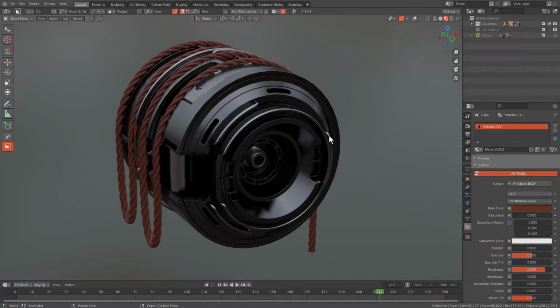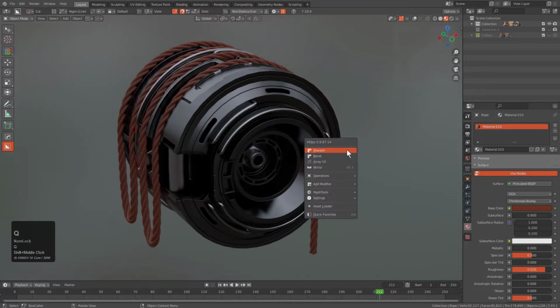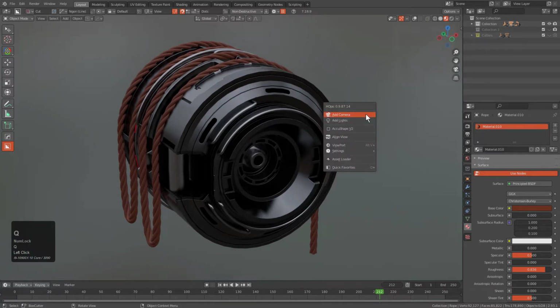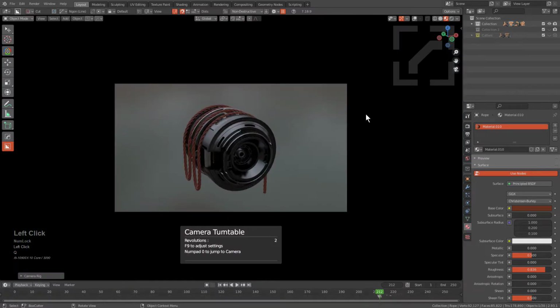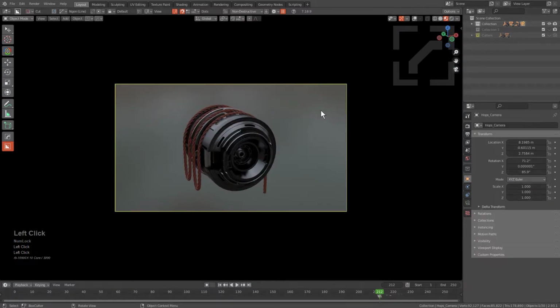So it'd be tragic if I failed to mention that if you have nothing selected and you press Q, you will have a different Q menu. For example, just a second ago you saw it when I have a selection. Whenever you have nothing selected, you have an option for adding a camera. So we'll take this moment to add a camera, and I'm going to click on the camera in the outliner